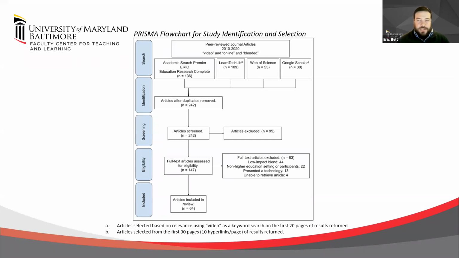So the full text articles that I excluded, a little bit about that. I forget the author, I think Graham talks a lot about blended courses, but there was another author who talked about low impact blends. And that is essentially either a face-to-face course where you're just adding a video element to it, or it can be web enhanced, but you're not reducing anything. So you're not reducing the seat time in the classroom or the activity.